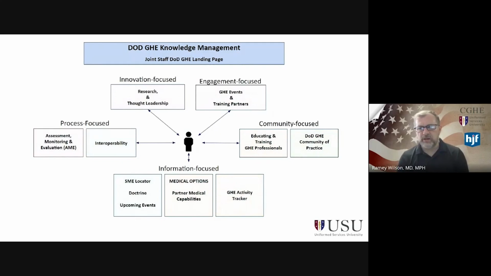So where I'd like you to start, and I'll show you the website in just a minute, is the DoD GHE landing page, which is on the Joint Staff website on Intel Link. That is a place that's specifically designed to be your go-to first place to connect, especially if someone is new to global health engagement. The focus of the initial design of that website was to be kind of a primer in terms of here's what you need to do to get started, to start movement,